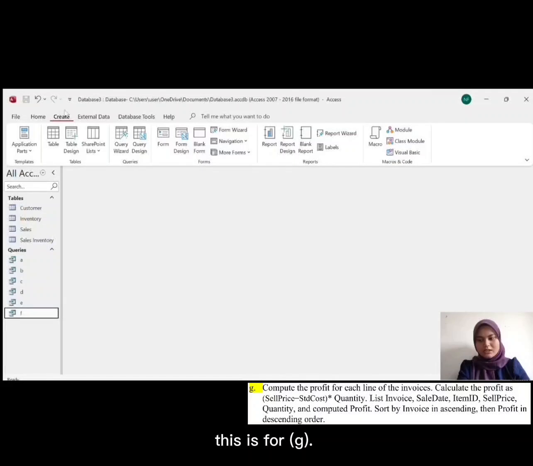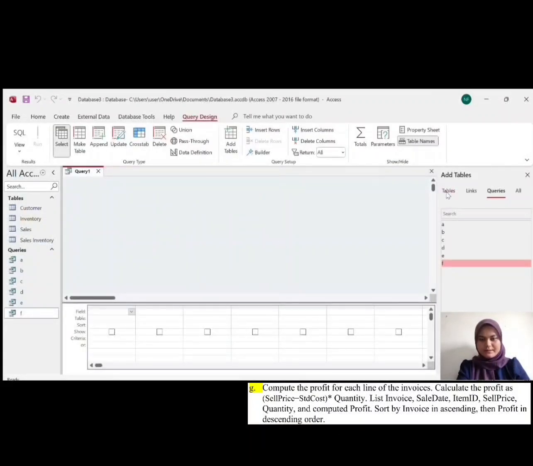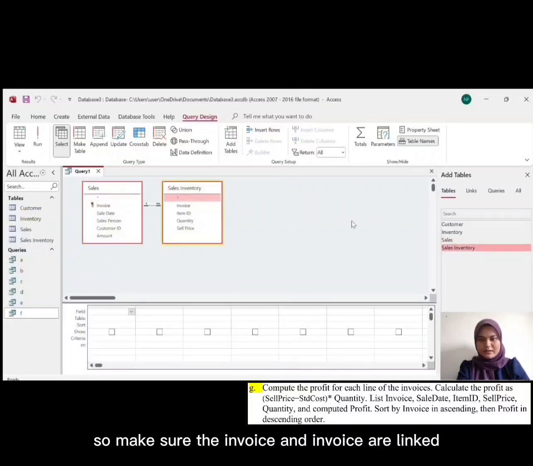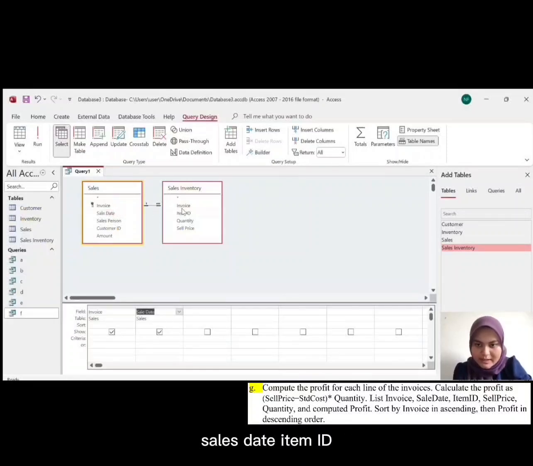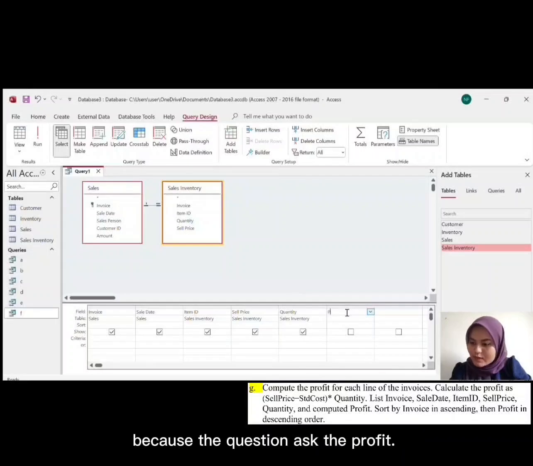This is for G. So you choose the sales inventory. Make sure the invoice and invoice are linked. So you choose the invoice, sales date, item ID, sale price, quantity, and then at the next row you should type like this, because the question asks for the profit.